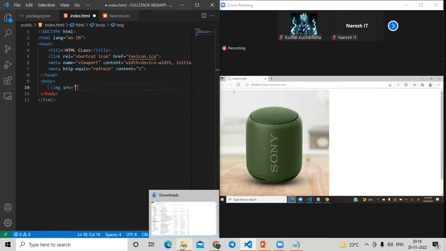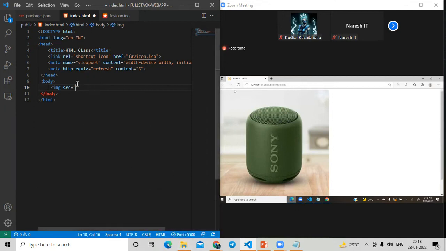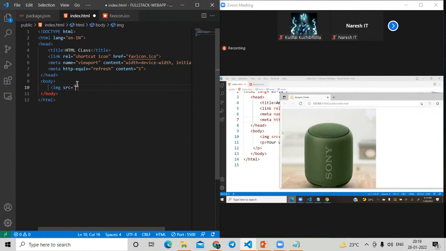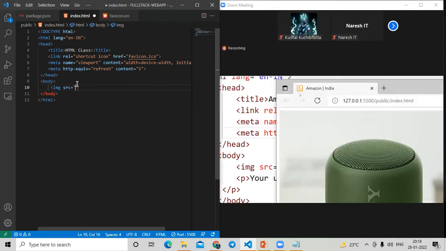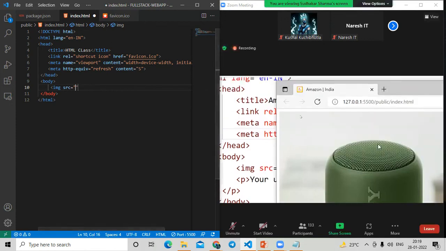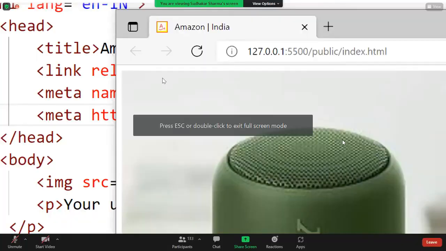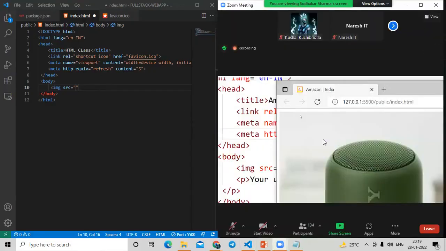Every few seconds the page should refresh. We don't have any content to display there, but observe carefully. I will zoom in, and you can see the refresh button is triggered every 5 seconds.